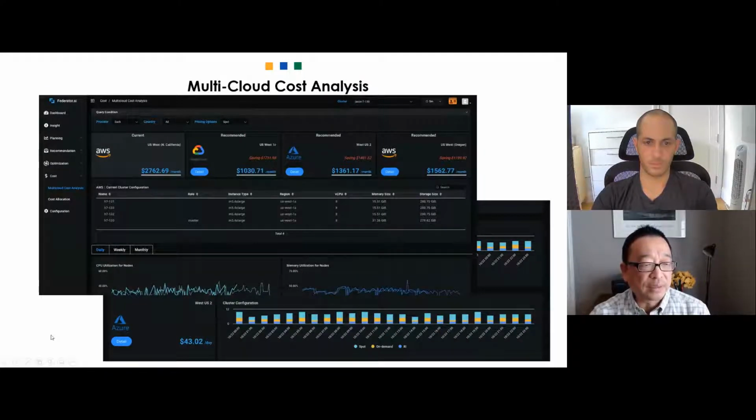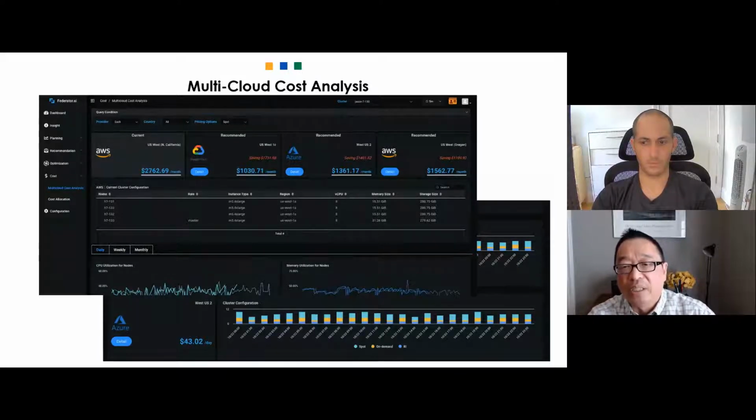So in the next slides, I'm going to show how to use the understanding of the workload to help you predict your workload and find the right cluster configuration for you. If you're thinking about your current workload, your application is running. If you're thinking about moving to a different public cloud,